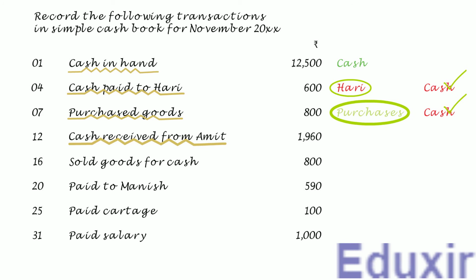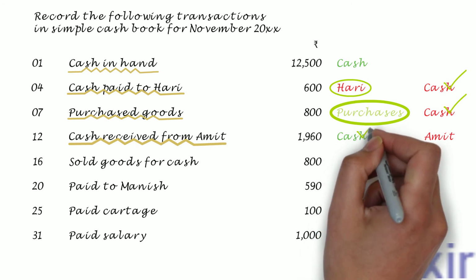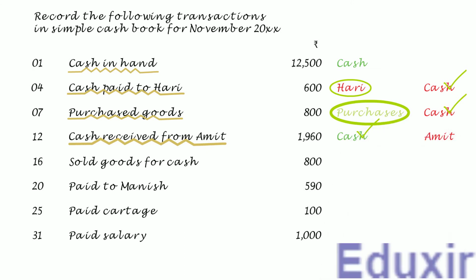The rule to record any decrease in the asset is to credit the corresponding assets account. In this case, the debtor Amit's account should be credited. At the same time, as the debtor Amit is paying to the business in cash, the cash asset of the business will be increasing. The rule to record any increase in the asset is to debit the corresponding assets account. In this case, the cash asset should be debited. In this transaction, as you can see, the cash is on the debit side. So it needs to be posted on the debit or receipt side of the cash book. Note that the particulars that need to be posted into the receipts column of the cash book is Amit.